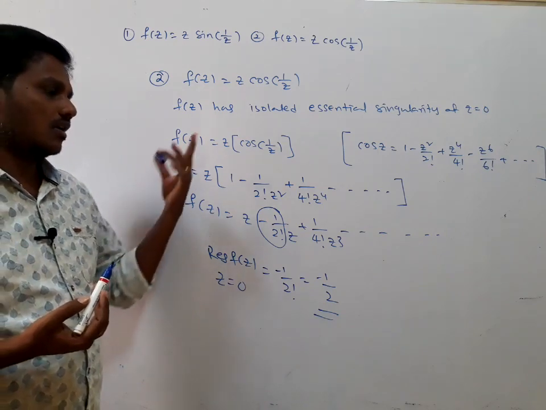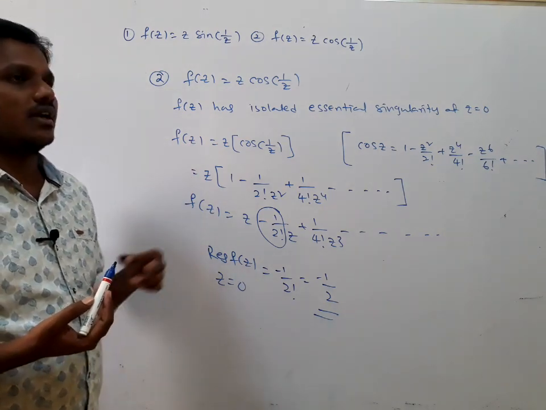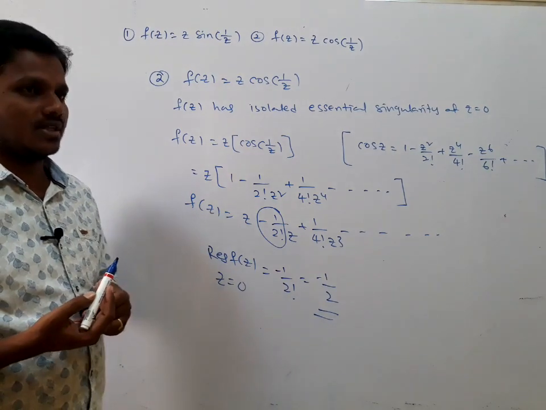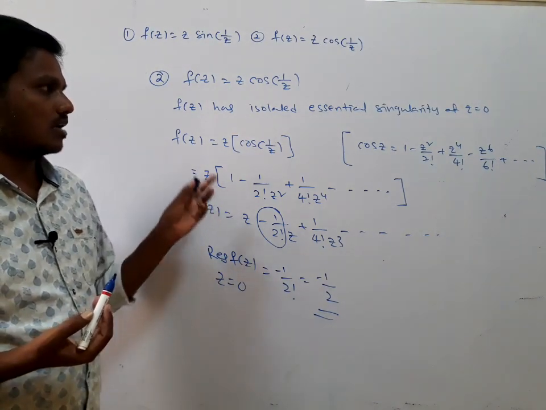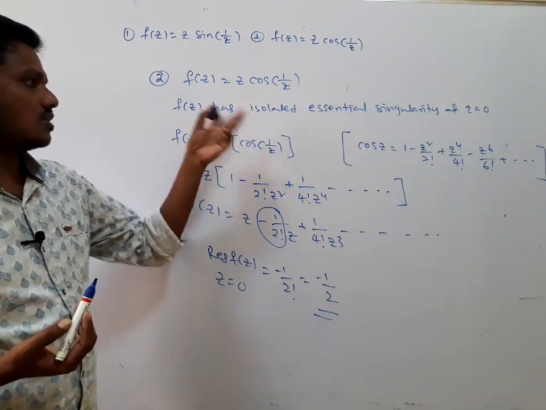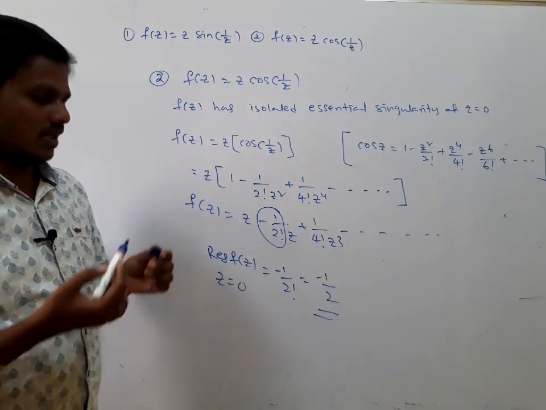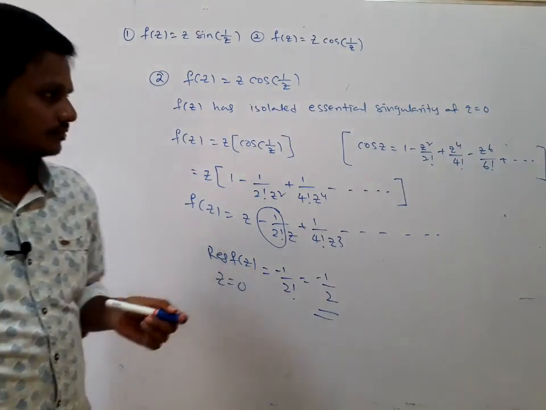We found the residue of f(z) in the case of a removable singularity and simple pole. Next we take the problems on pole of order m also. These two were problems on isolated essential singularity. Next,